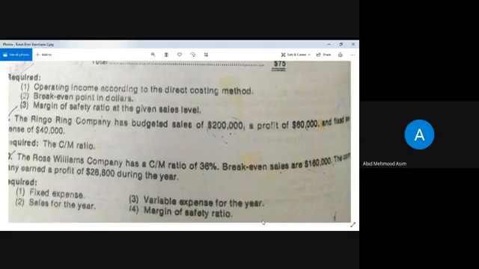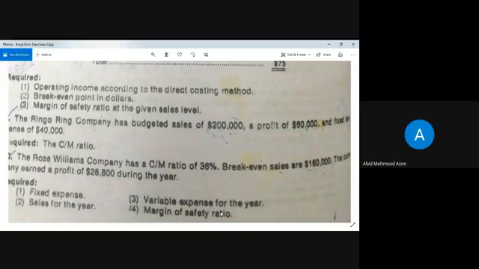80,000 divided by your normal, actual sales 2,40,000, multiply by 100, it is 33.33%. You can write it as 33 1/3% as well. So 33.33% would be your margin of safety ratio. And what is the margin of safety ratio concept? The margin of safety ratio explains how safe you are from your break-even point. Break-even point means the danger point. Below that point, you will be in losses, and above that point,